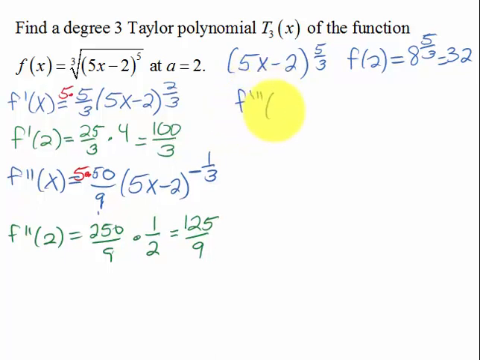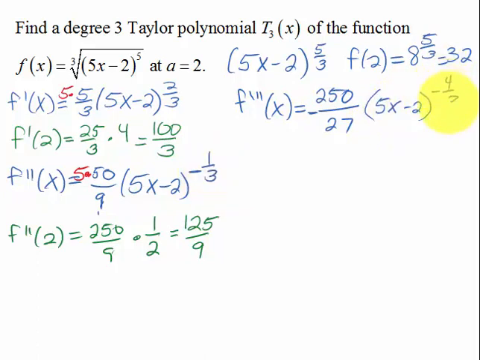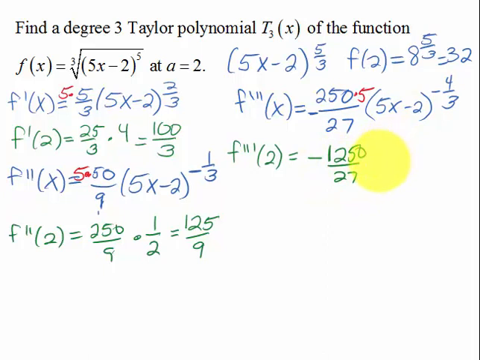So we're going to take the third derivative, and that's going to be a power out in front, so negative 1/3 out here. So we got 250/27, but it's negative, multiplied by 5x minus 2, decrease the power by 1, that's negative 4/3, and we've got the chain rule multiplied by the derivative of what's inside, which is our 5. So now we need to evaluate that at 2, and that's going to be negative 1250/27, and then this is going to be times 1 over, so the cube root of 8 is 2 to the 4th is 16, and that's going to be negative